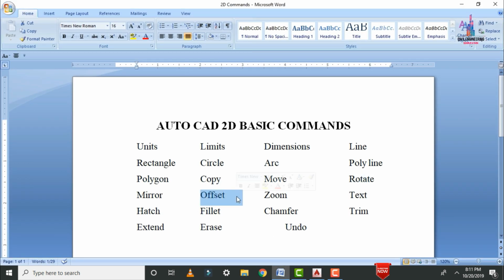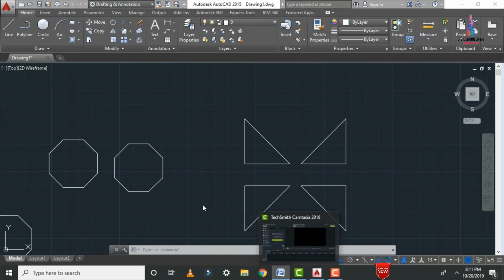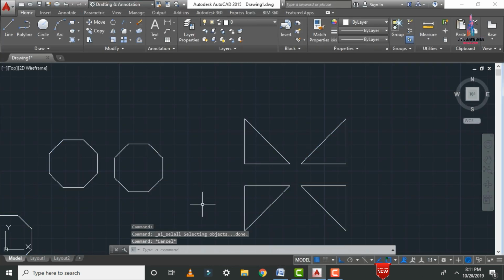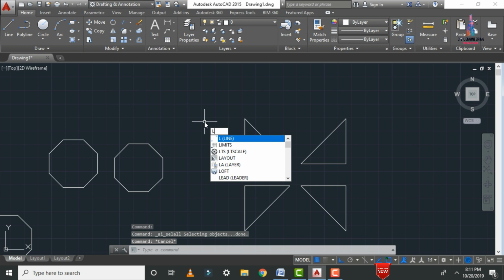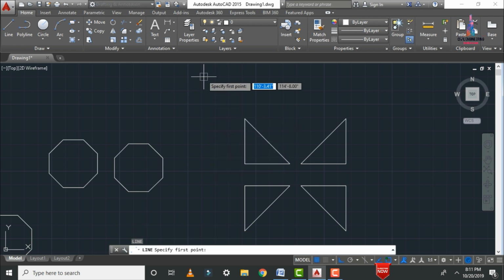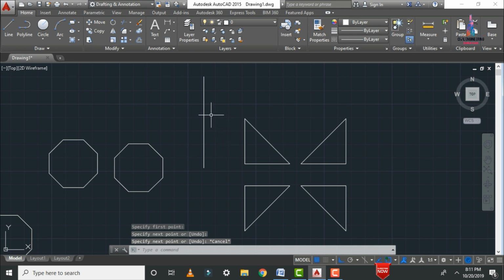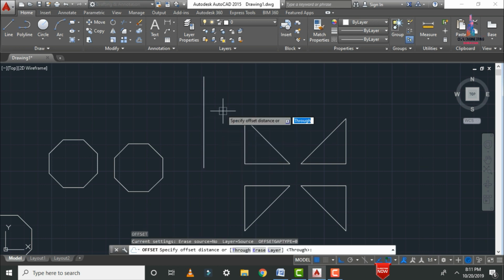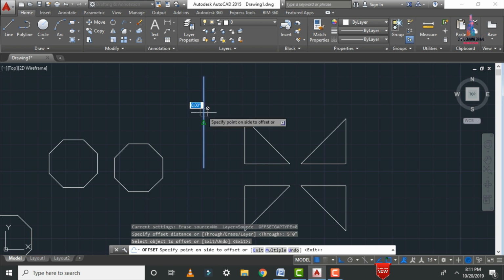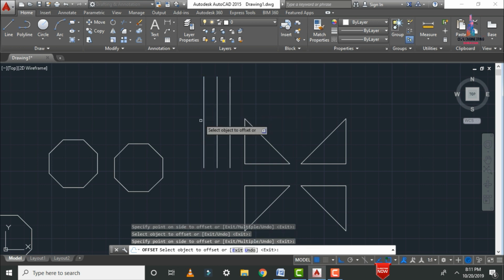Now I will explain the offset command. Basically, the offset command is helpful for creating offsets for lines, objects or any section as per the considerations of the drawing. Let us consider the line. This time I want to create an offset for this line. Click on the offset command, O, Enter. It will ask you for the offset distance. Let us take it as 5 feet 0 inches. Here I am considering the offset distance as 5 feet 0 inches. Now you can see the 5 feet offset is drawn here like this.